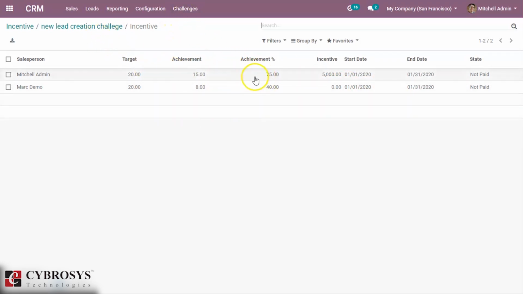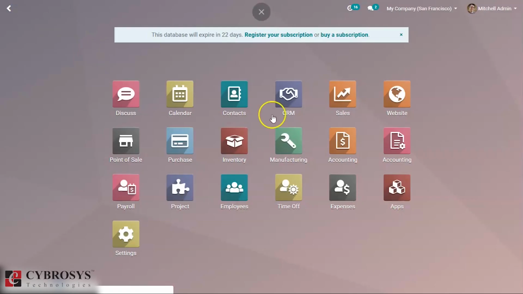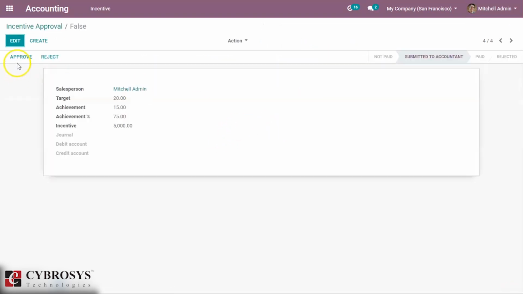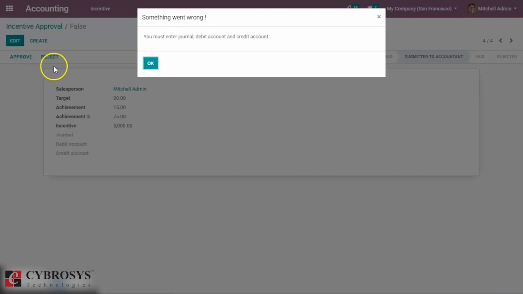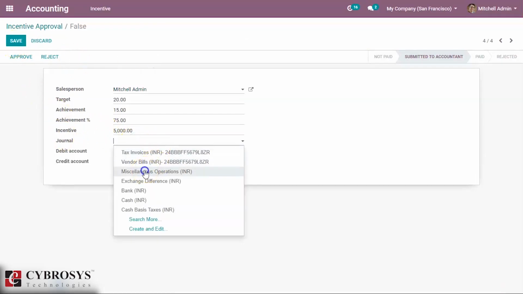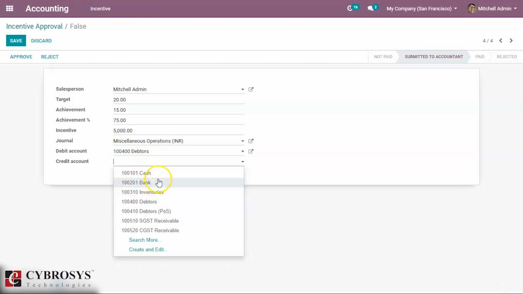And if we are satisfied with it, we can pay it inside the incentive calculation. And here you can see submit to accountant. The accountant has to approve this incentive. So inside the accounting you can see that it is submitted to the accountant, and you can approve it from here. Oops, you have to set the journal entries and the debit account